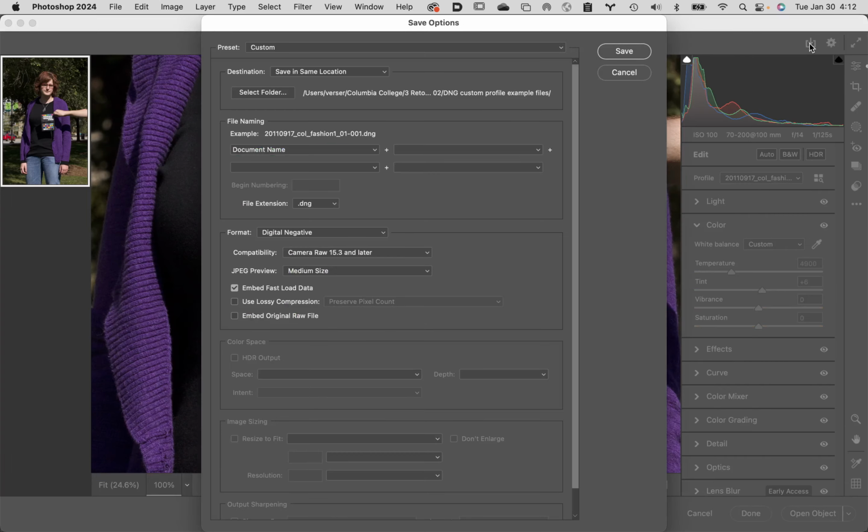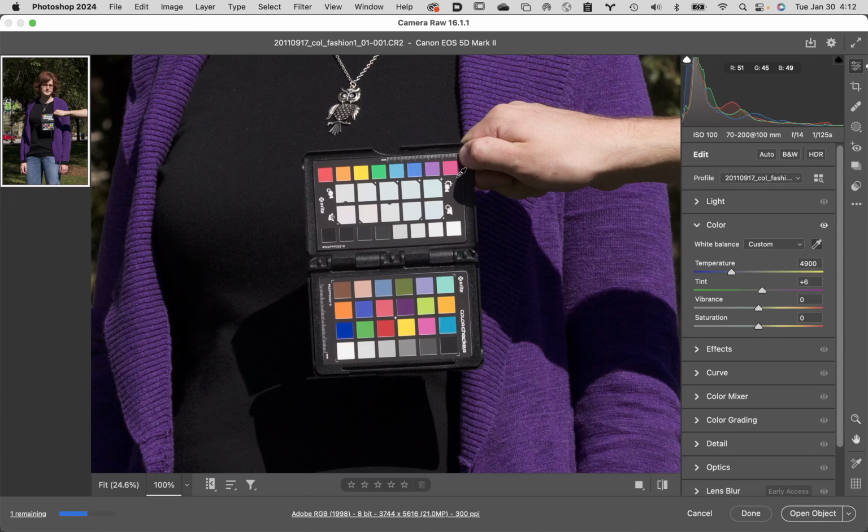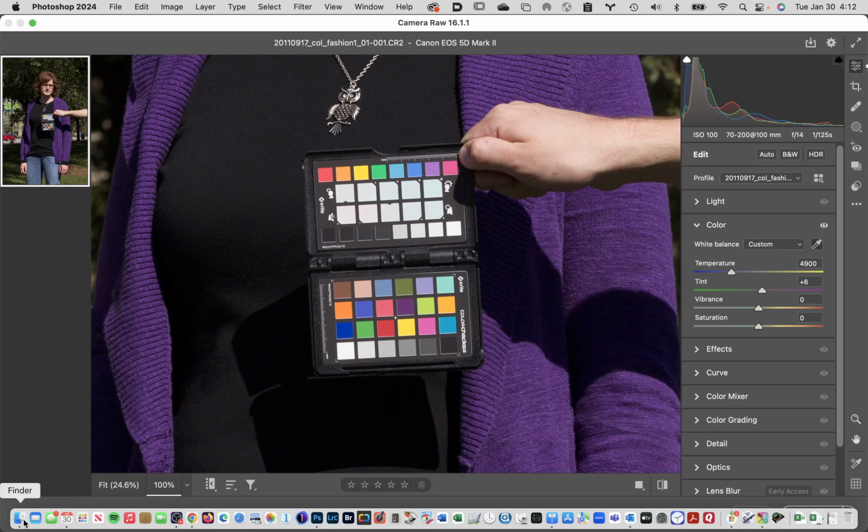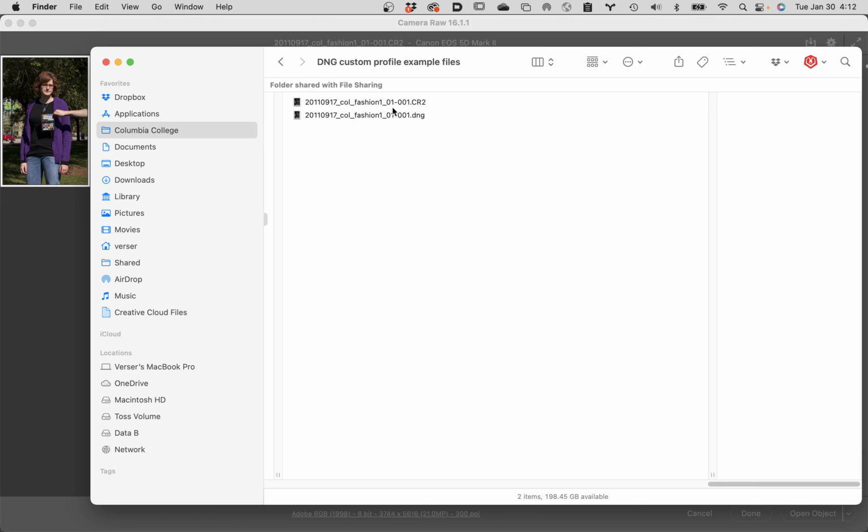Click on the arrow that's in the little box. Hit save. And you will be good to go. This is the DNG you'll turn in that has the profile in it as well as the white balance. Again, when you read through the assignments,